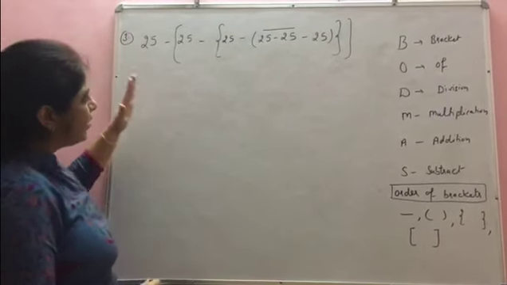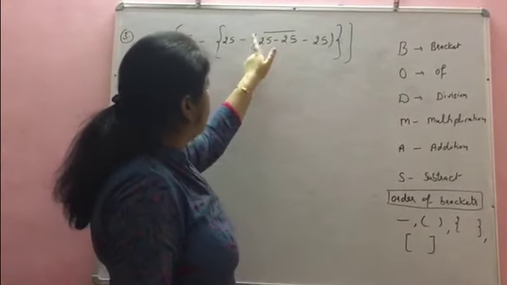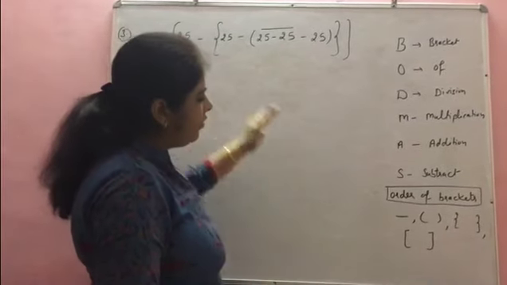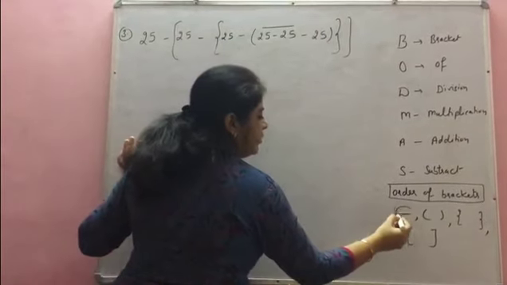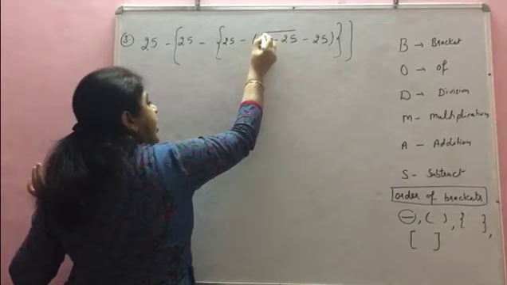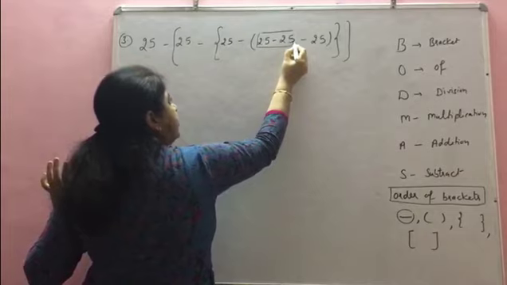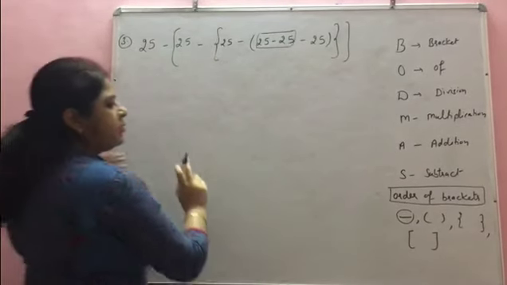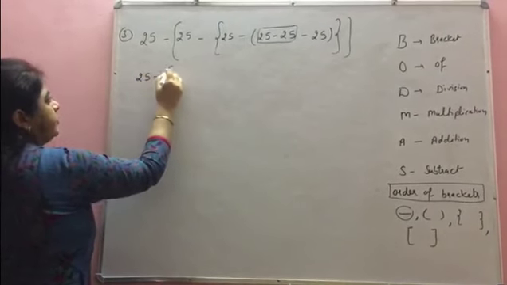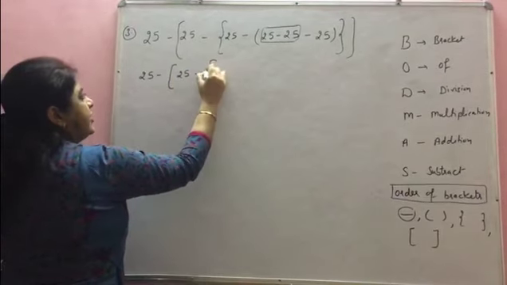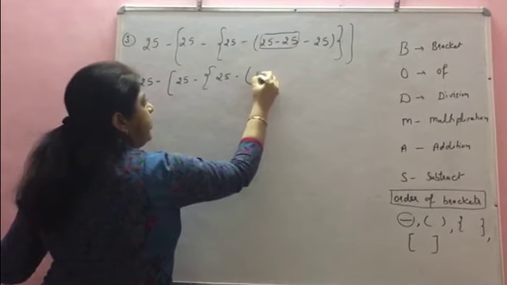Now students, the third numerical expression. How to solve it? See here we have many brackets, which means we have 4 brackets: bar, small, curl and large. We will follow the sequence, the order of the brackets. So this bar will be solved first. You can put the bar in a box, for your convenience only, and solve this box first. Otherwise the bar will remain the same. Now you see, keep the rest of the things as they are. So 25 minus 25 would be 0.